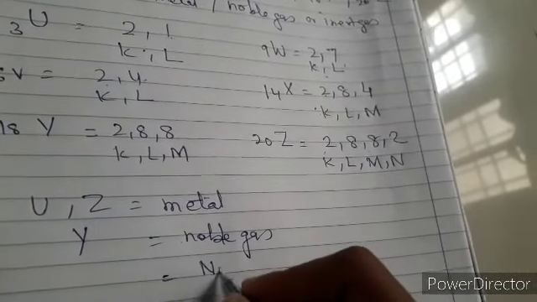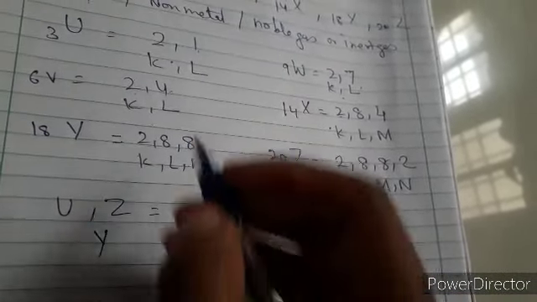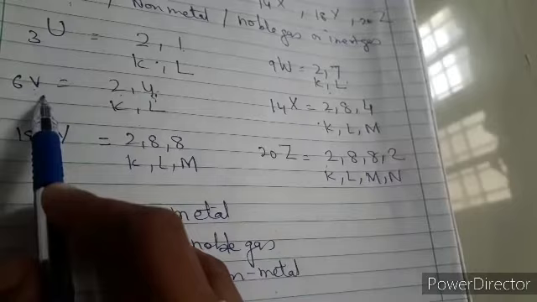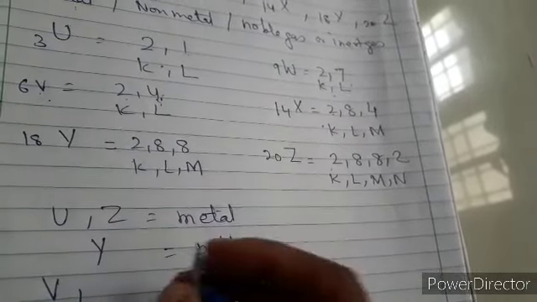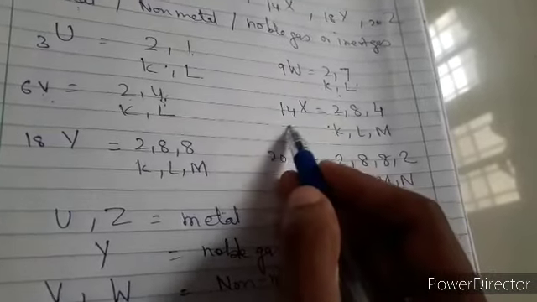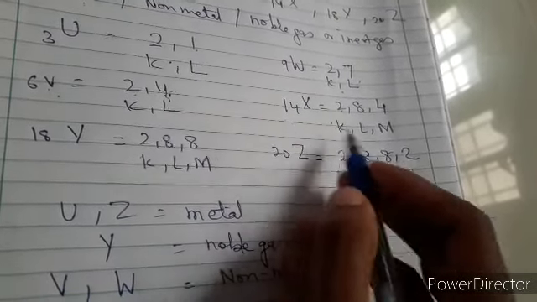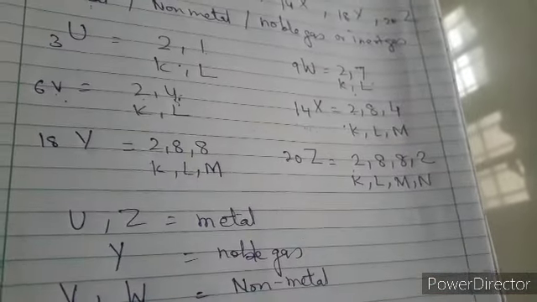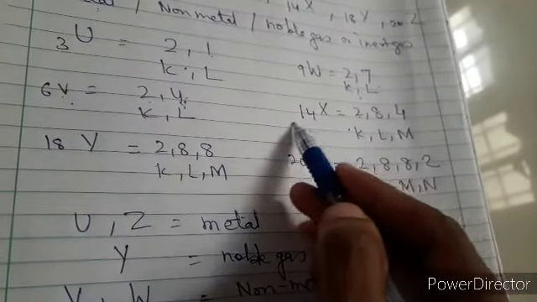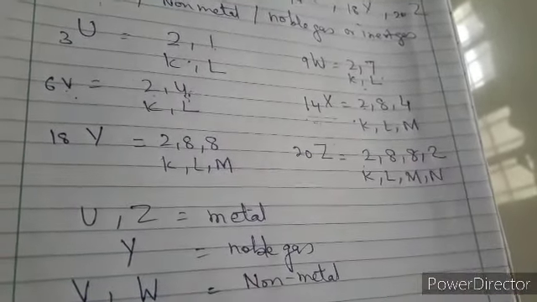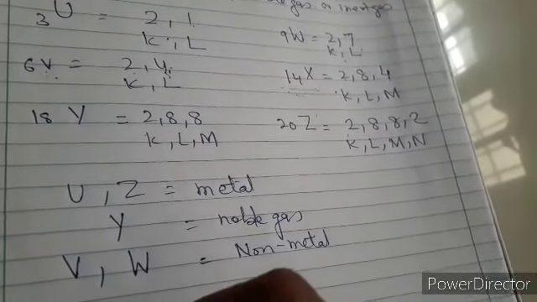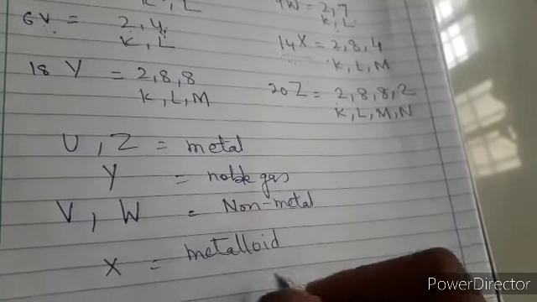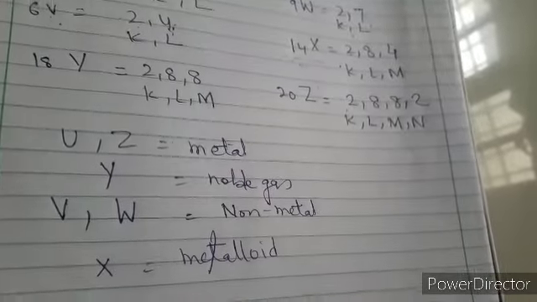We have non-metals. Just see, this one is non-metal B, having 4 electrons. It's a special case, carbon. Then we have W, but please focus on this one, 14. This is silicon, so it is not a non-metal. It comes in the metalloids. This is a case where your books also have not given it. They are considering it as a non-metal, but silicon always comes in the metalloids. So X comes in metalloids, okay? The question does not say so, but you should know how to judge the answers.